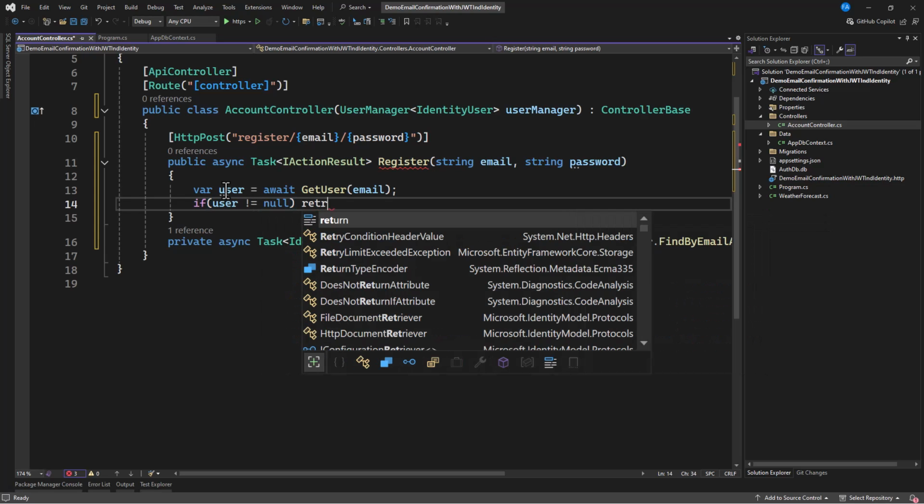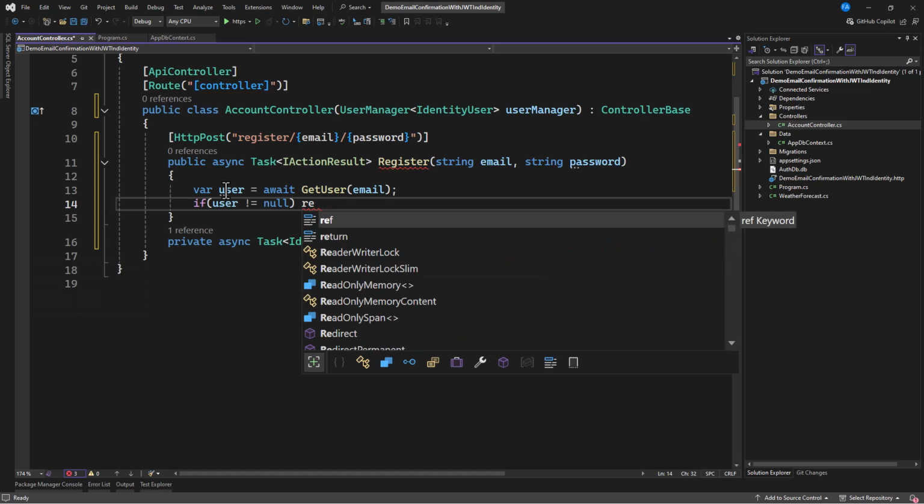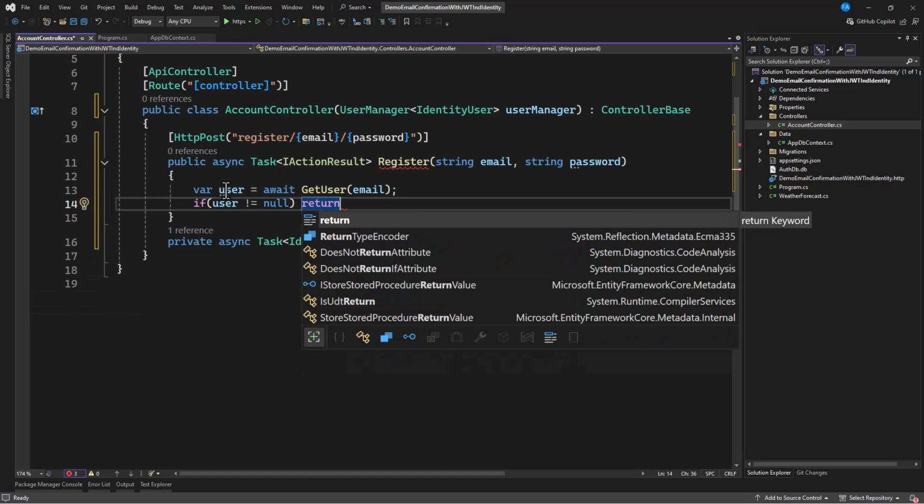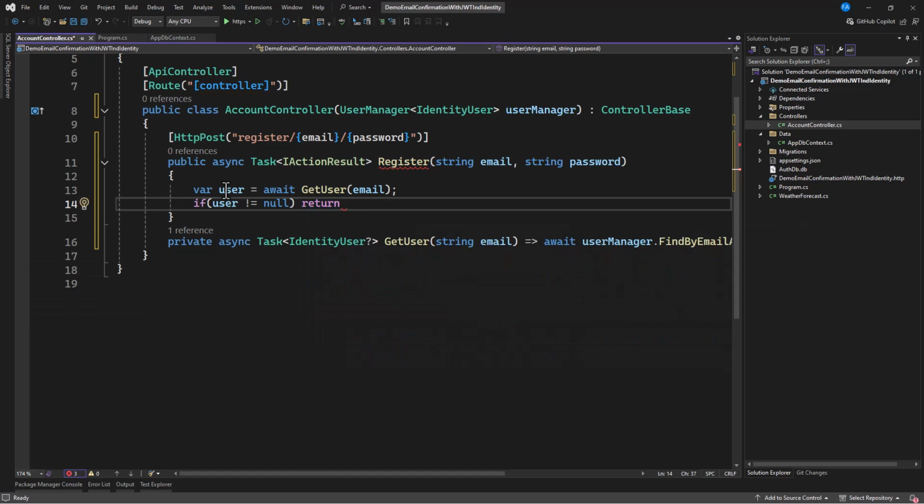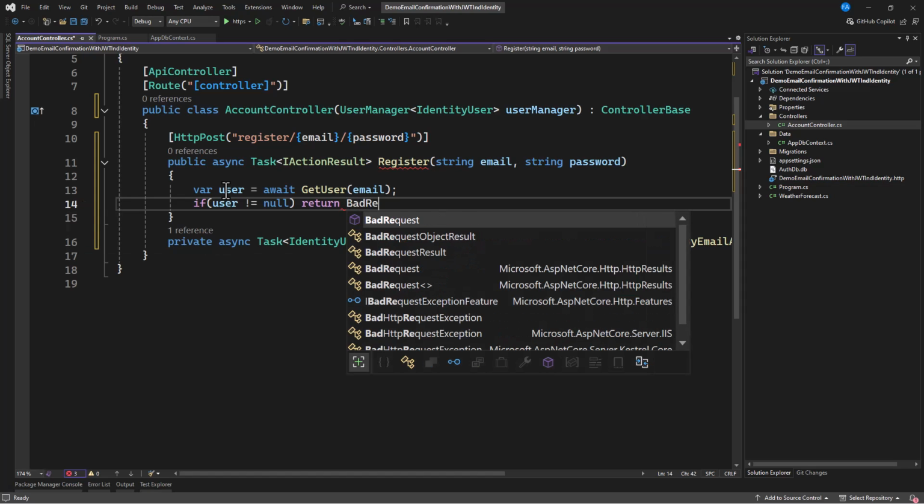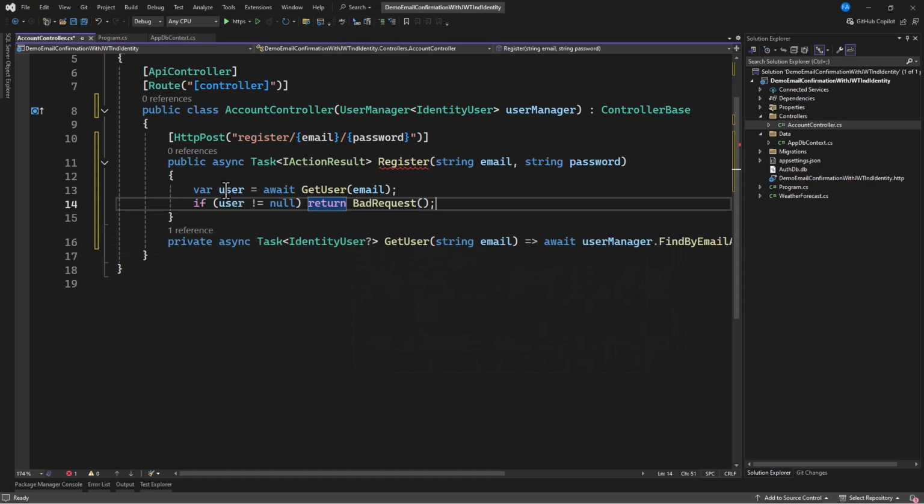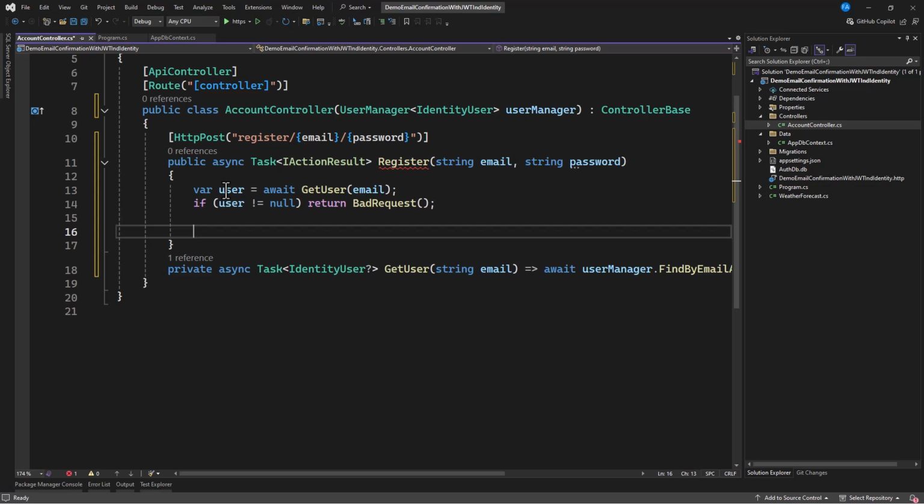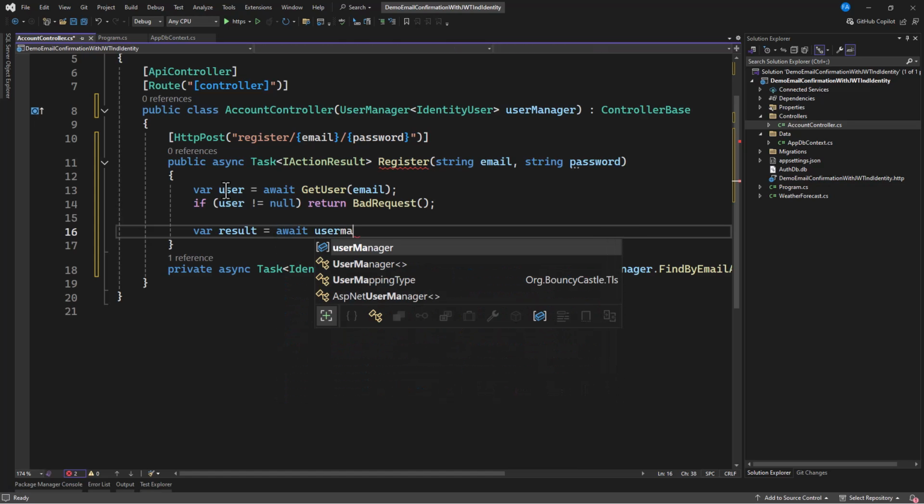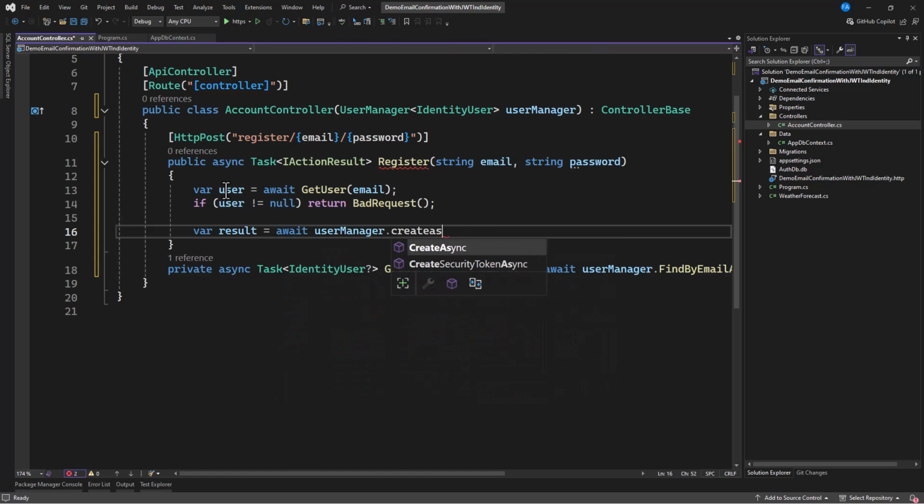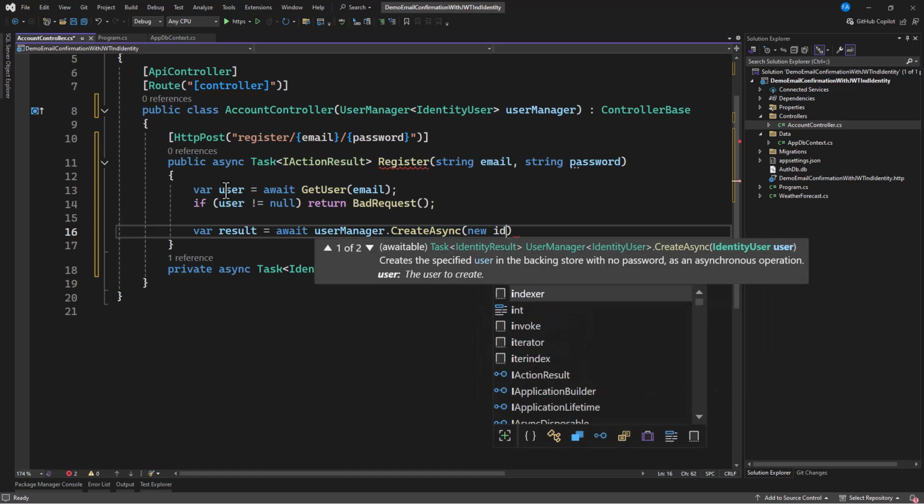to return bad request. We don't want to give a lot of information in account, because you know this is the delicate area. So make sure you keep things secret. Do not expose things before you get hacked, right? So in case it's null, then let's say await user manager dot create async, specify new identity user,